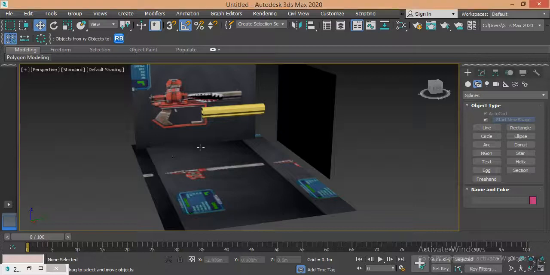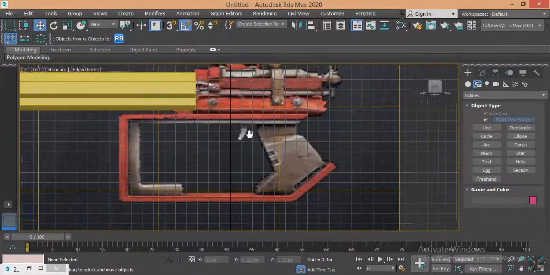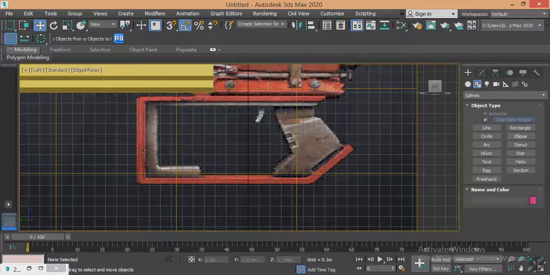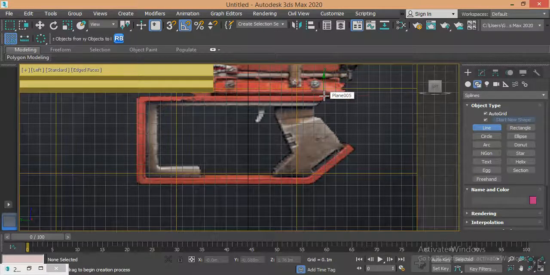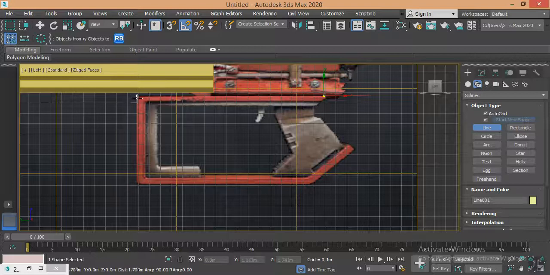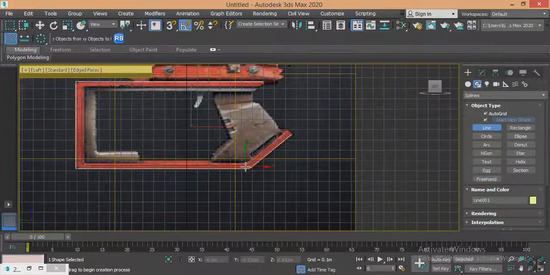In this part, we will start creating this by selecting shapes, line, then I will select the top of the shape, pressing Shift to go ortho, then I release Shift and continue drawing like this. In front,